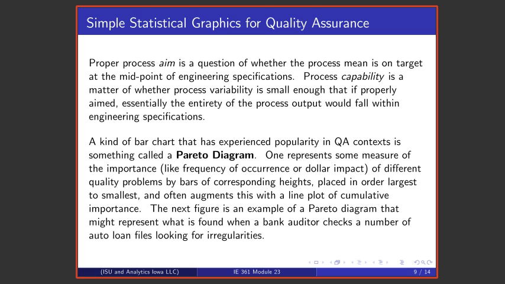Another kind of bar chart that has had a lot of popularity in quality assurance processes is the Pareto diagram. The idea is that one represents some measure of importance of different quality problems by bars of corresponding heights, measuring impact in terms of frequency of occurrence or dollar cost, and orders them from large impact to small impact, producing a